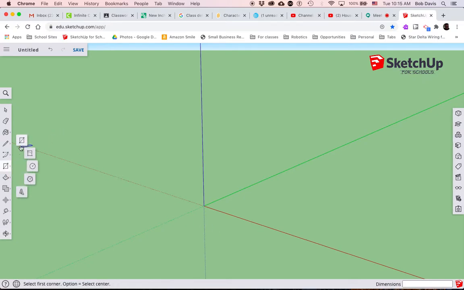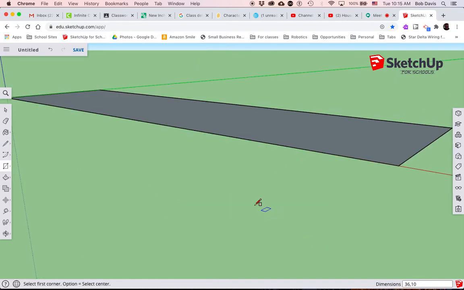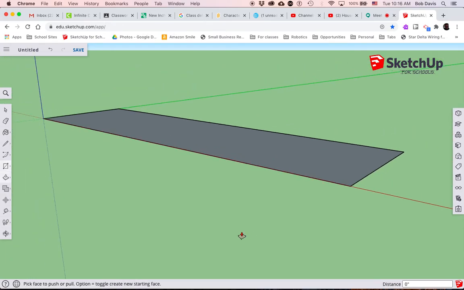So we start with the rectangle tool. A stair width minimum is 36 inches, and a stair tread depth is a minimum of 10 inches. So we're going to do 36, 10, and press return. I'm going to do a Shift Z to zoom in a little bit. I'm going to zoom back out some. And